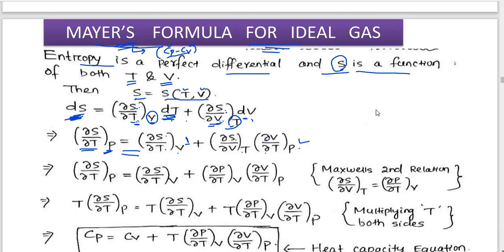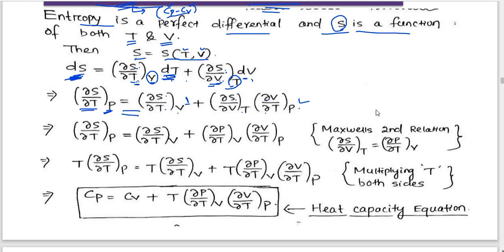So in the next line, del S by del T at constant P. What will be this part? Del S by del T at constant V, and del S by del V at constant T is converted to del P by del T at constant V. By what? By using Maxwell's second relation. Actually Maxwell's relations, there are four relations. So del S by del V at constant T equals del P by del T at constant V. This is the second one. So we use this in this part. Okay. So now the line will be